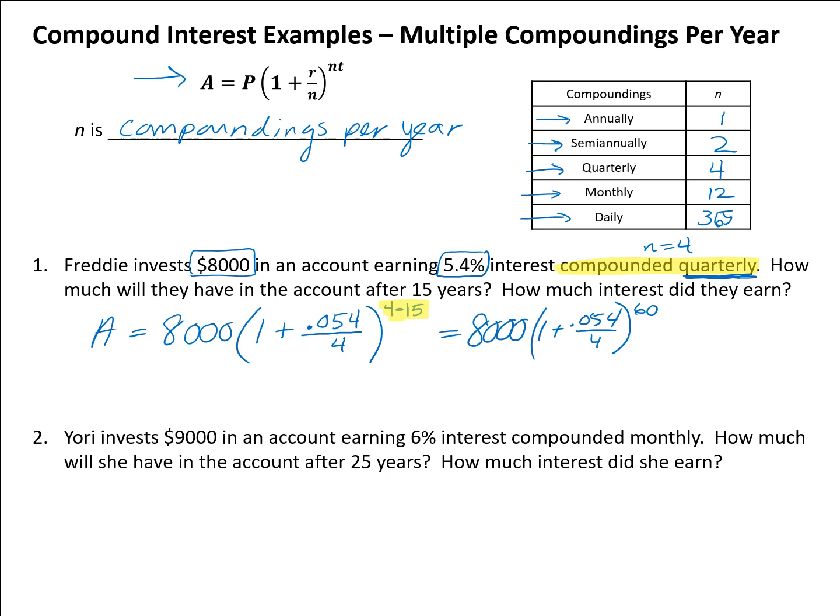Now throw this part of the formula entirely into a scientific calculator. So 8,000 times parentheses 1 plus 0.054, the fraction means divided by 4, close the parentheses, and then raise it to the 60th power. If you do that, you should get